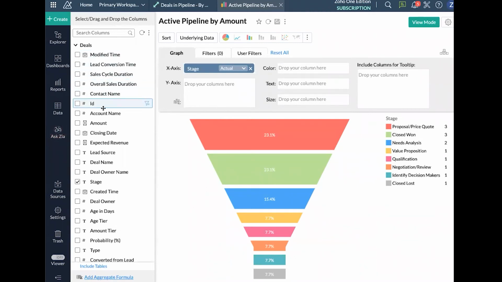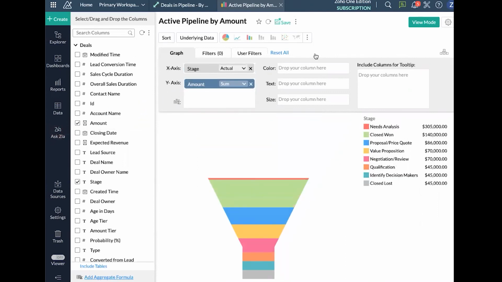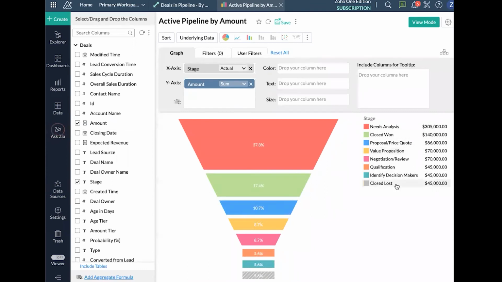So what I can do to switch this over to be based on the revenue potential of these deals is grab the amount and drag it into the y-axis section. And so now rather than being sized based on the count of deals, it's sized based on the amount. So we're getting there. We're moving in the right direction here. But let's say that the amount is the primary thing we care about,